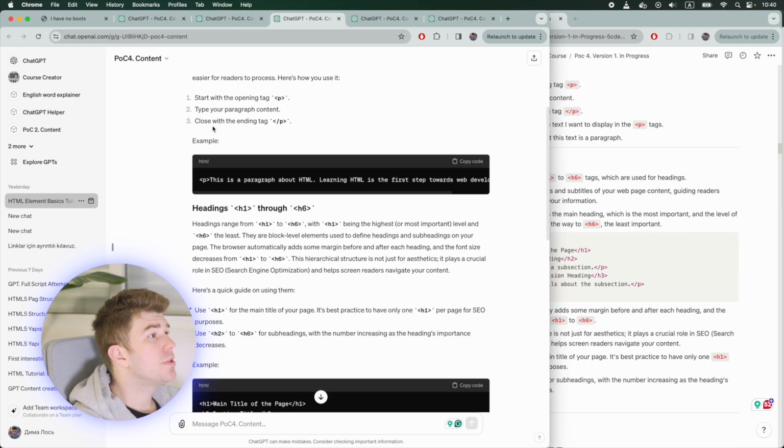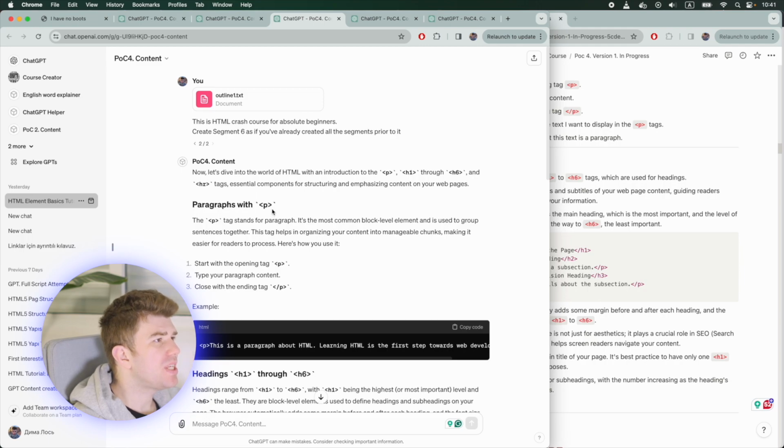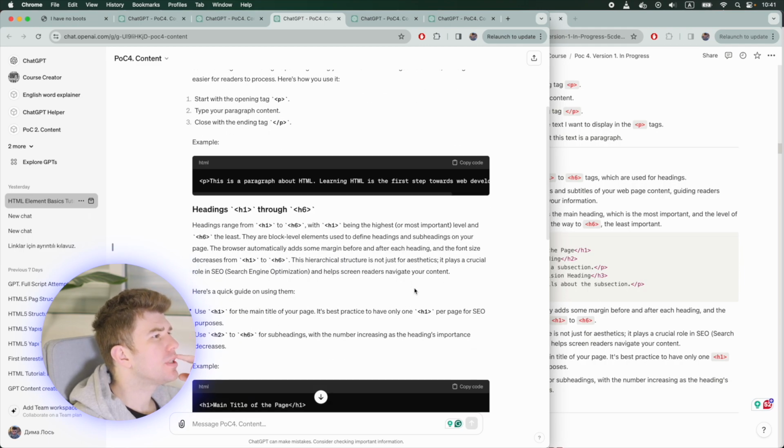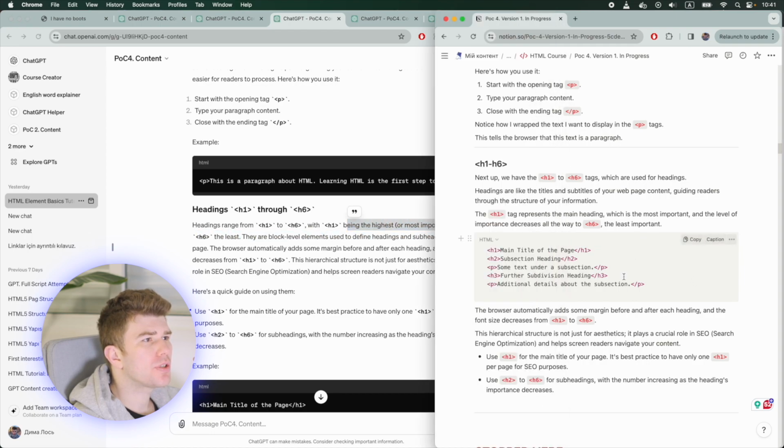Headings. So there is no transition from P to H here. Headings range from being the highest or most important